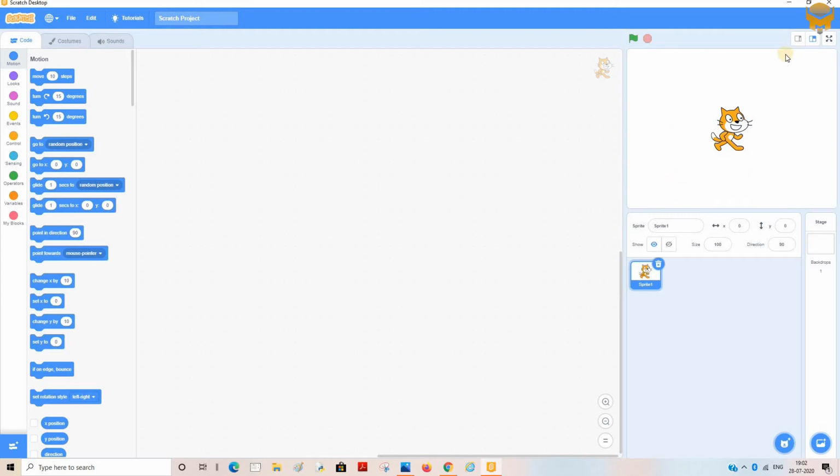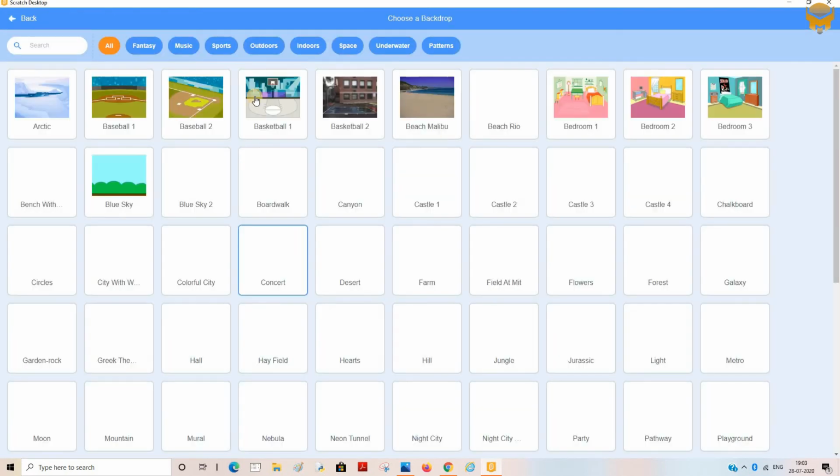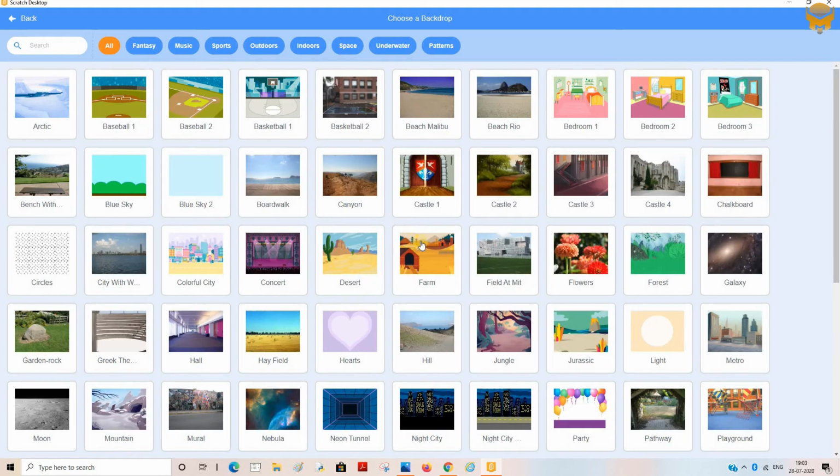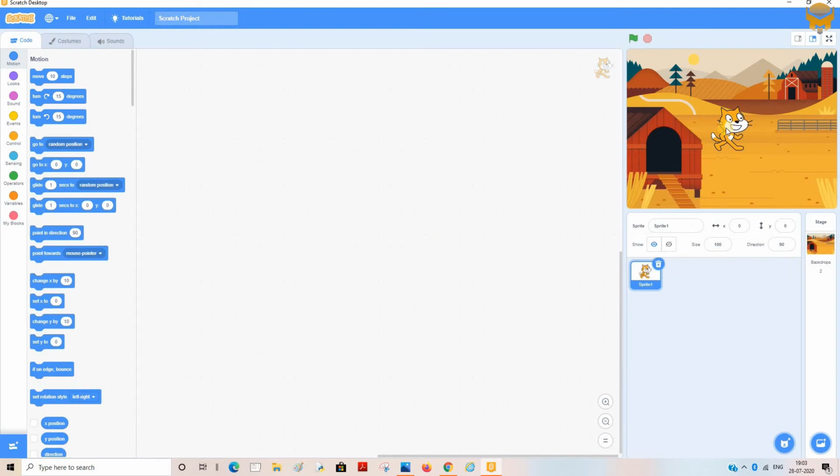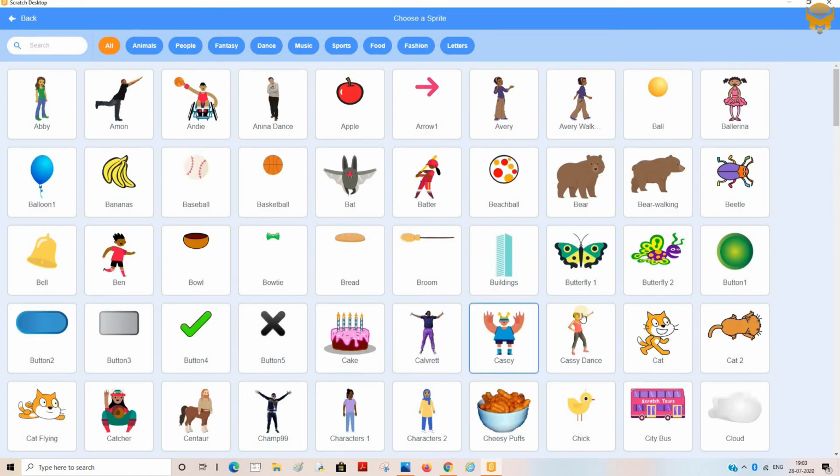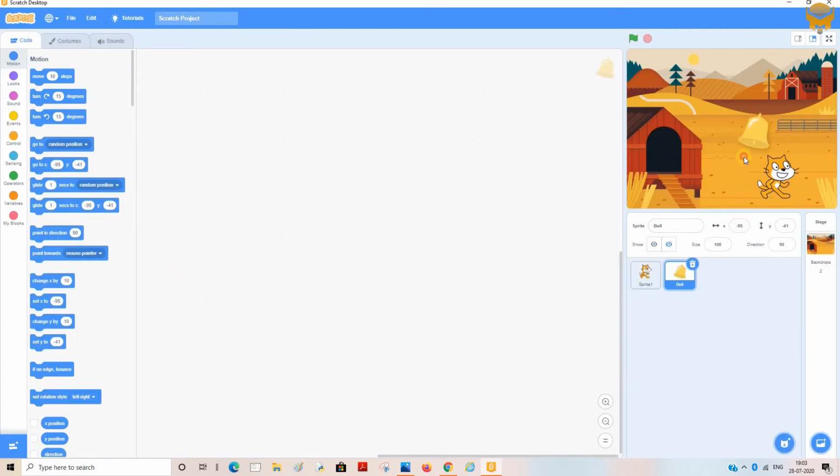Over here on the right hand side we have the stage area and the character which we are going to animate. The characters which we will be animating are called sprites. The stage area, the background, could be a plain white, or you can change it by clicking on add backdrop over here. You can search and select any from the backdrop library you want. Then if you want to add more such characters which you want to animate, you can click on add sprite button over here. You can search or paint or upload. Similarly, you can do the same in backdrop as well. Search or paint or upload. We'll click on search and make use of any existing sprite in the sprite library. Suppose I choose a bell.